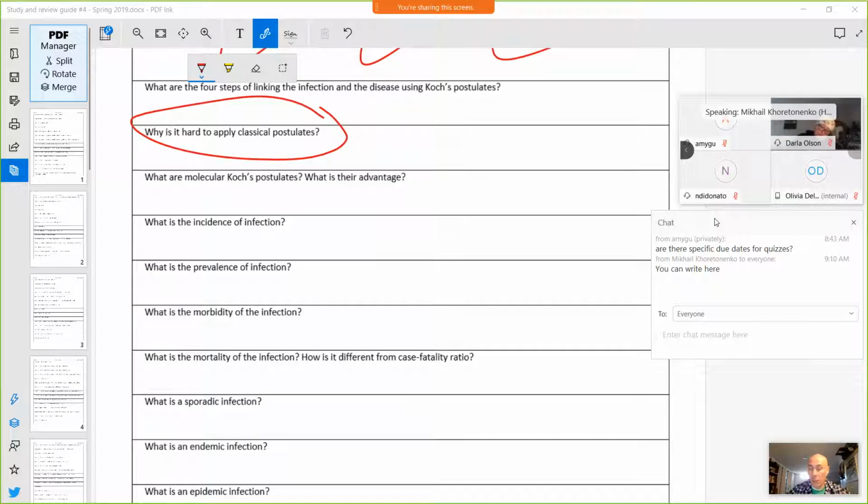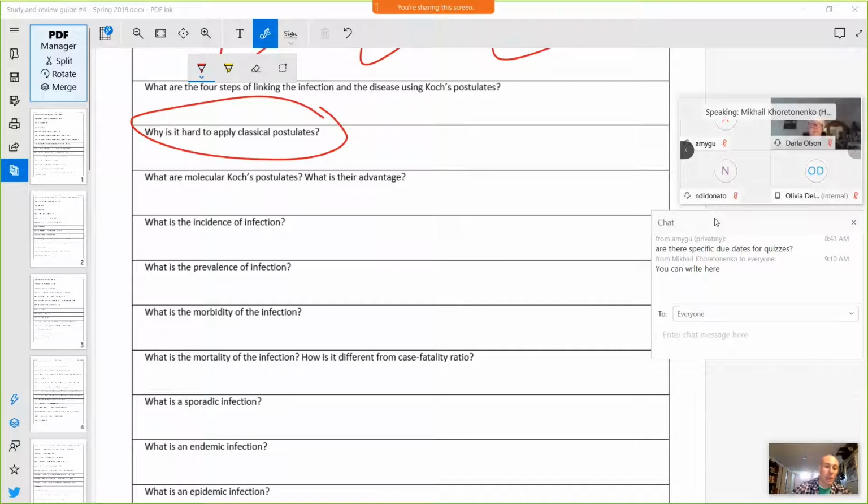Morbidity: percent of people in which the infectious agent actually causes the disease. So, for instance, if we take common cold, many people are infected asymptomatically, the disease is very mild, the morbidity is low. If we take Ebola virus, that's the opposite end of the pole. Morbidity is enormous. Virtually every person becomes sick, and many of them die.